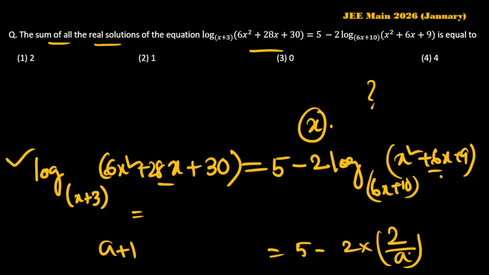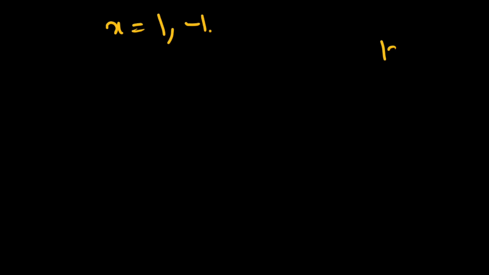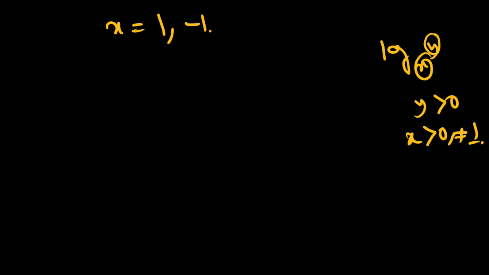So when we put x is equal to 1, logarithms are defined when the domains, that is the arguments, are greater than 0, and the base is greater than 0 and not equal to 1. So we clearly write here, when we define the logarithm of y to the base x, that is base, that is argument, so y must be greater than 0 and the base is greater than 0 and not equal to 1. So we check these values one by one. When you put x is equal to 1, both logarithm arguments are greater than 0 and the bases are also greater than 0. So the first case is verified. So x is equal to 1 is a solution.